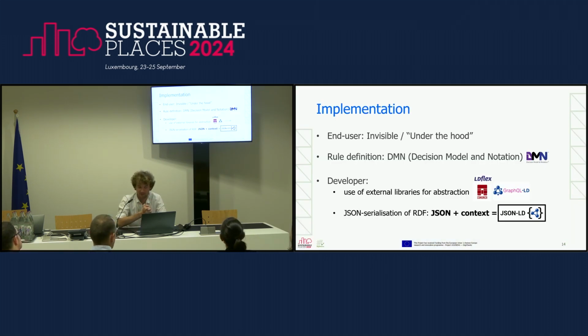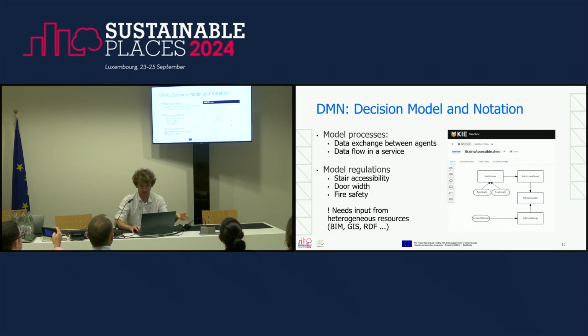So to facilitate implementation of this ontology, the idea is that the end user should not know anything about the semantic web. It should be hidden under a sleek interface or a visual representation. So that's why there are different notation ways. For example, we have the DMN notation, which allows you to check the building model and just drag and drop.